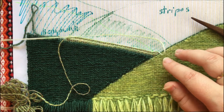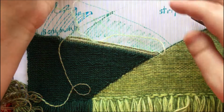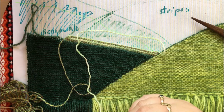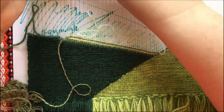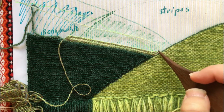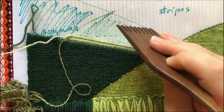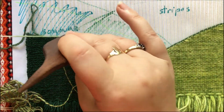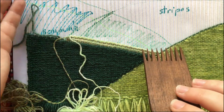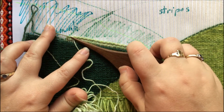So back through the open shed to the beginning of your stripe. You're obviously paying attention to where your previous colour is as you get to the end of this second pick, because you need to bring it round the outside. You obviously don't want to go past it. Not that it's a difficult thing to do to undo the weaving, but you want to be stopping at the same point or slightly before